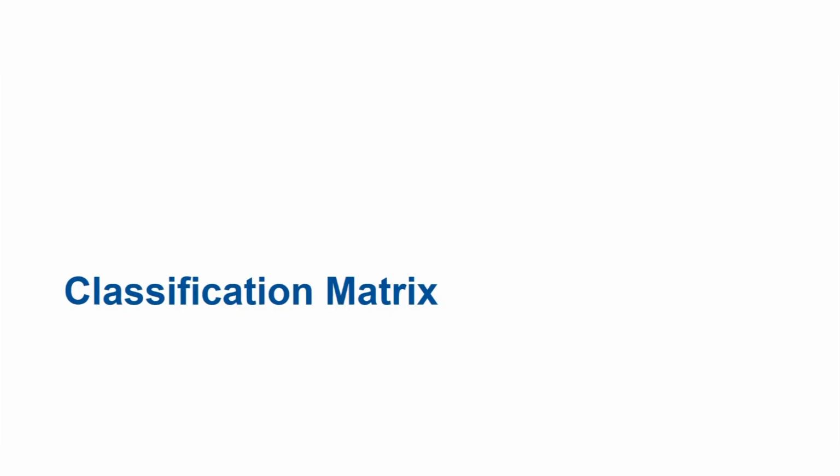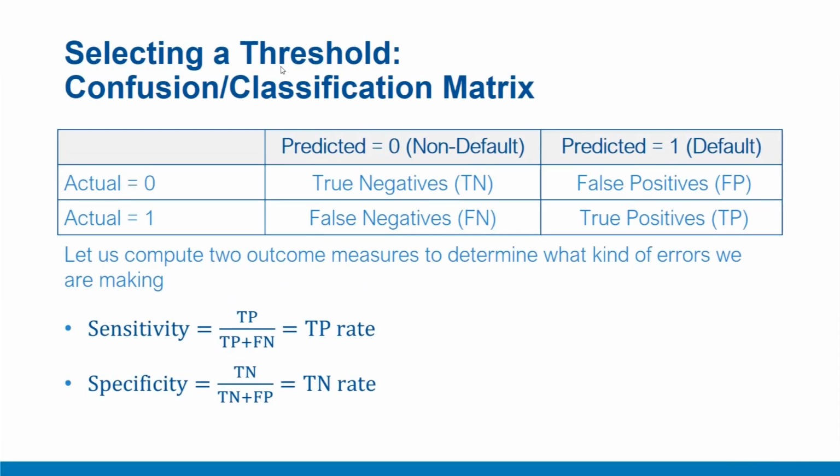In this video, we'll discuss the concept of classification matrix. Classification matrix is a very important concept employed to examine the efficiency of a classification algorithm such as logistic regression. Recap: in the previous video, we introduced the errors known as false negatives and false positives. Let us elaborate in more detail now.